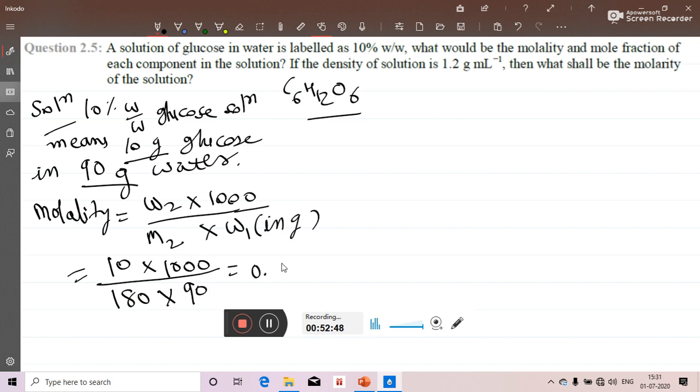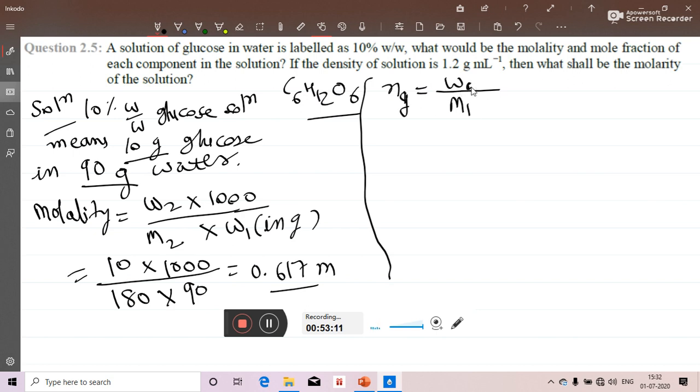0.617 small m. Now we have to find out mole fraction of each component. So for that we have to find out number of moles of each component. So suppose number of moles of glucose is N1. So N1 equal to W1 upon M1. So suppose we are finding number of moles of glucose. So Ng is equal to Wg upon Mg. So weight of glucose is 10 gram and molar mass of glucose is 180. So 10 upon 180 is equal to 0.0555 moles,